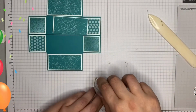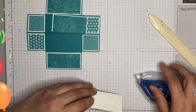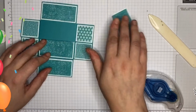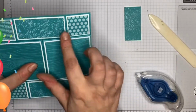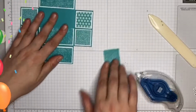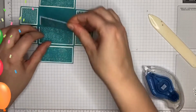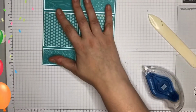Right, last two pieces and then I'll show you the decor that I've picked for these. Ah, see, I know what I've done there, look. So we did that one fine and that one fine. And then here, these bits are actually squares. Ah well, it still looks good, or it will once we finish decorating. Right, pop it back to the front. Okay, so